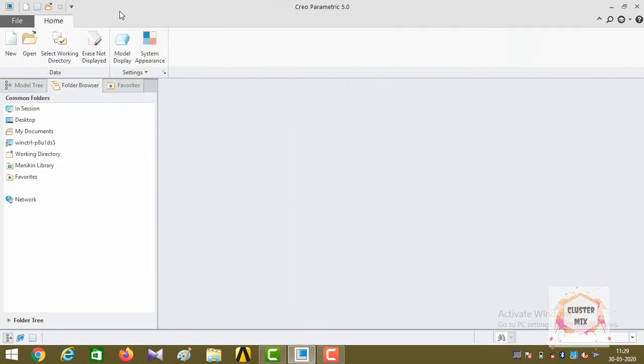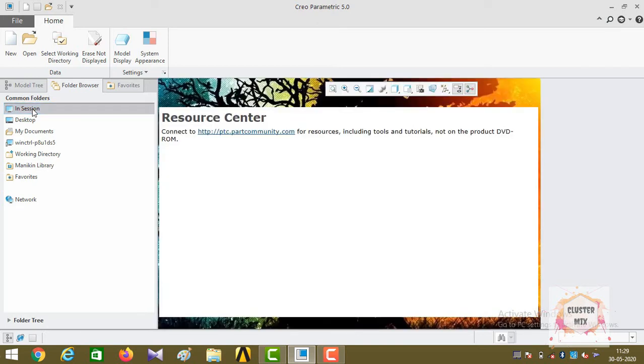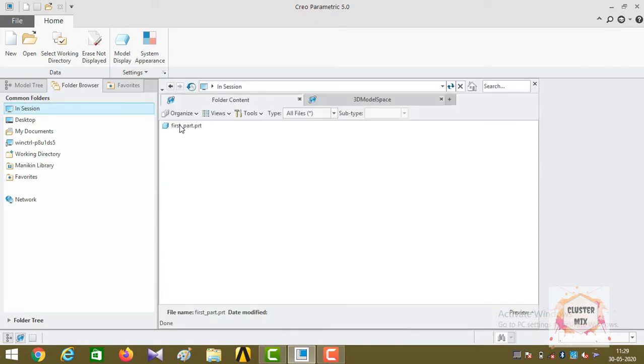Now it came back to the original interface of our window. Let's talk about the command called in session. Click on in session. You may see that the first part was saved. It automatically backs up our files which were drawn recently. So to delete this, you just click on it and press the delete button, or rather there is an option called erase not displayed.